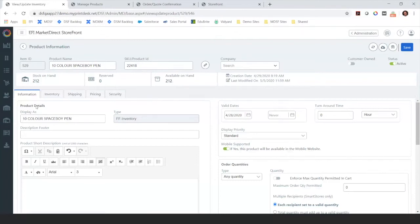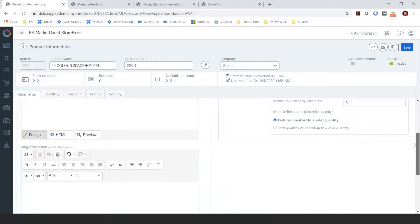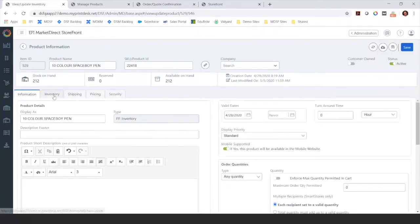Under information, the product details and descriptions are very similar in terms of what you're accustomed to in MarketDirect Storefront. We've simply streamlined the UI so that you're not clicking through multiple pages, saves you time, and allows you to change or create products more efficiently. Okay. For fulfillment products,